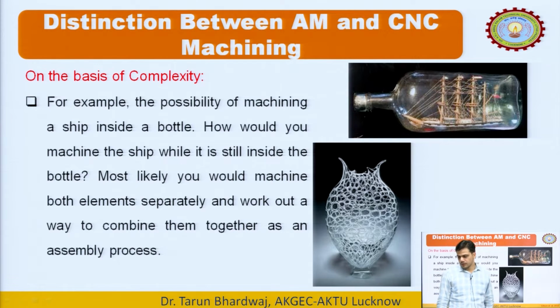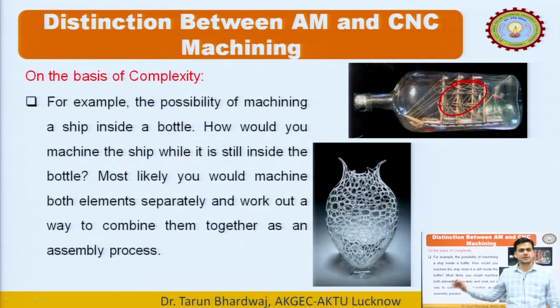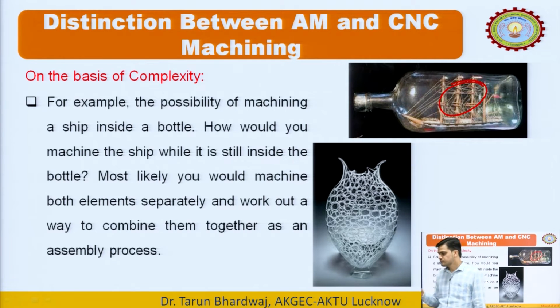Now this is basically an example that is showing you that अगर हम लोगों को एक बोतल में एक शिप बनाना पड़ जाए, ठीक है, you can see that a bottle is having a ship. अगर ये बोला जाए कि CNC मशीनिंग से इसको क्रिएट करना है, so it is very difficult to create by using any CNC machining or any other manufacturing process. Okay, but by using the additive manufacturing process, you can just easily create such kind of parts in a single stage. Okay, so this is basically the advantage,